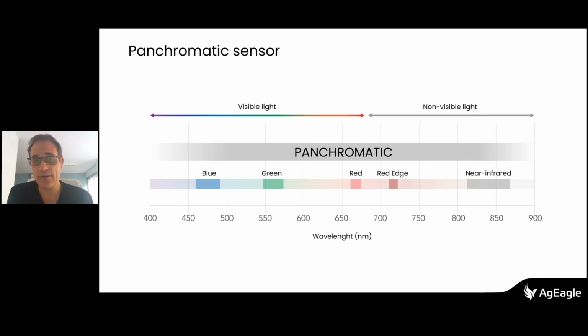Visible light is only between 450 and 650 nanometers: the blue, the green, and the red, that's what you can visually see. After 650, we have the red edge and the near infrared, and under 400 is ultraviolet, also not visible to our eyes. So here we have visualized the typical